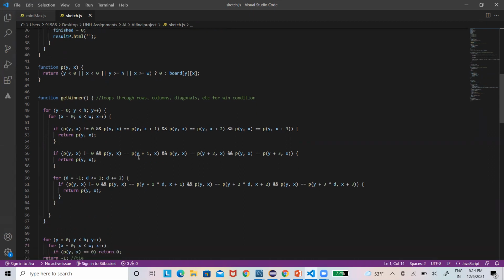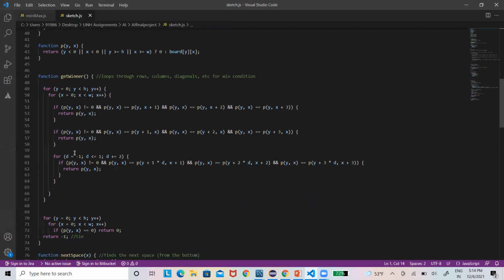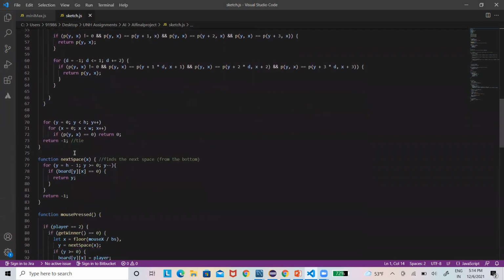When we have 4 coins in a row, diagonal or column, we get the winner. We have kept the if condition and for loop for that. Next space is a function used to calculate the empty space, so that the coin from above falls into the column.